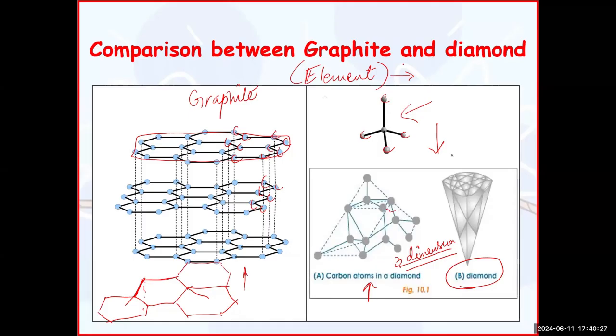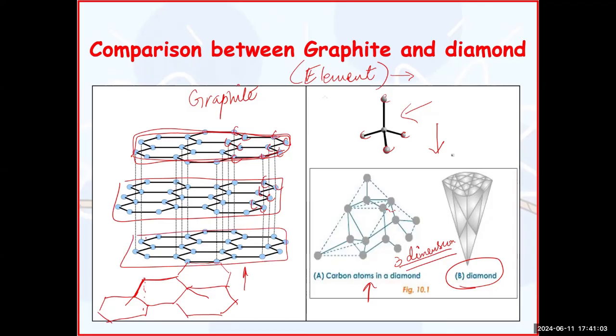Now, if I bring a bunch of pages one on the other, that could represent the sheets of graphite. One sheet can slide over the other sheet, like if you have pages in a register or in a journal, how do you turn them up? When you move one page on the above page or on the below page, what happens is they slide over each other. So basically, this can be considered as one sheet of paper and the other sheet of paper and then a third sheet of paper.